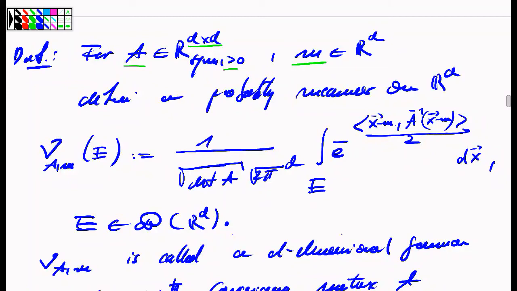So given a matrix A and a vector m of appropriate dimension, then we can define a probability measure on all Borel sets of the d-dimensional space through the following assignment. Given a Borel set E, we define as the new measure, which we index by these two parameters A and m,